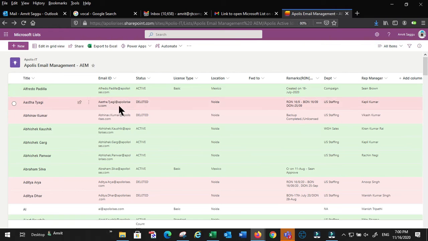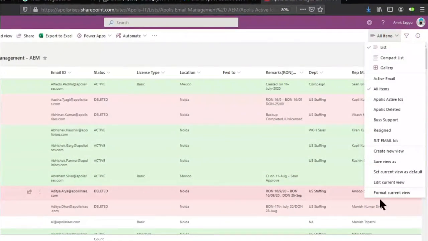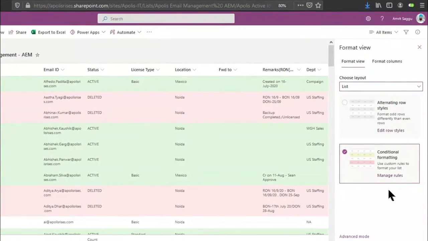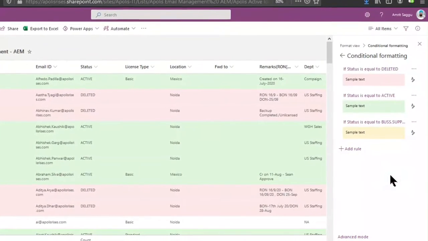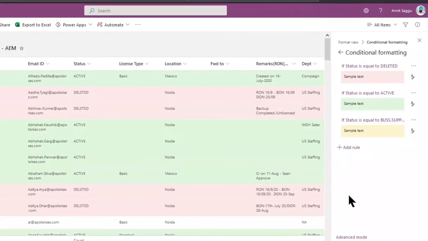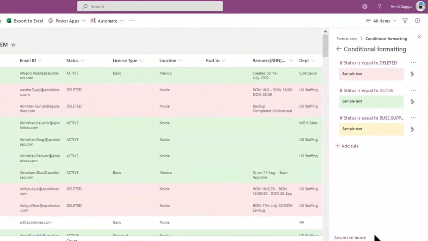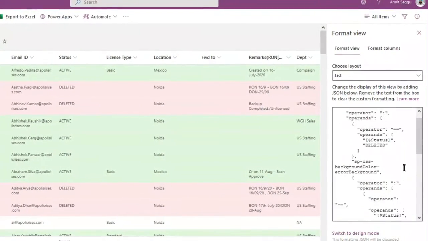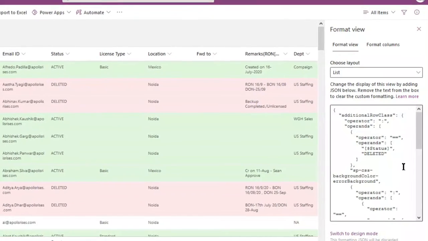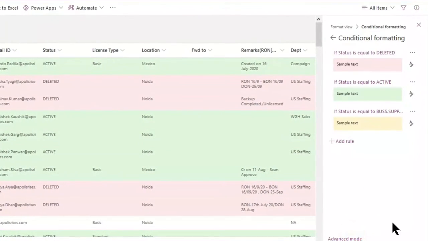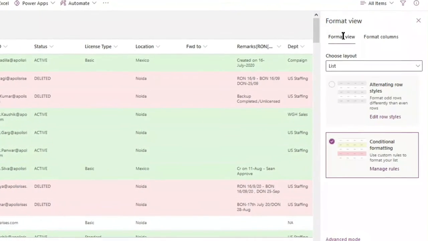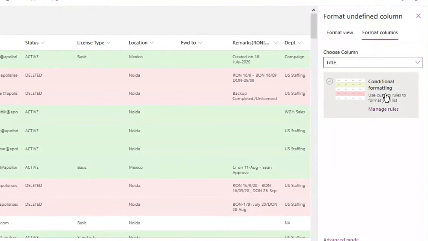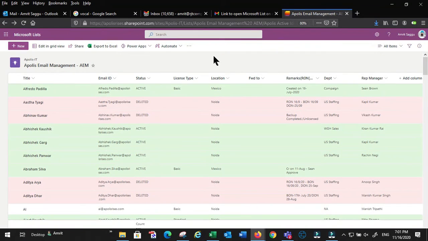So this way I can set the whole color formatting in the background. I can change the color setting based on any column or any condition I want to set for my list. If I click on format current view, I can change the background color of my whole Microsoft list. So I can change the color of a particular row, or I can change the background of my whole list. So this is the option where we can edit the conditional formatting and all. I can set the formatting either for my entire list, or for my particular title. Even the title formatting can be changed.